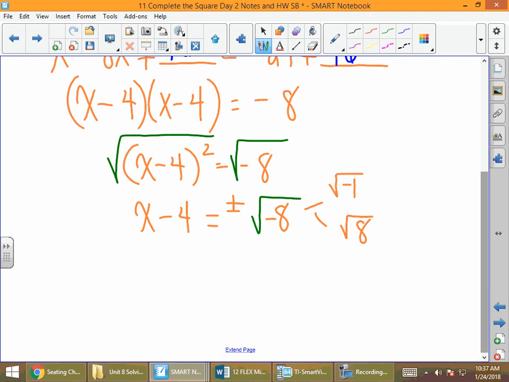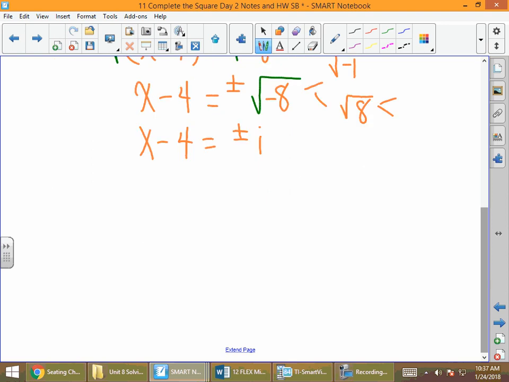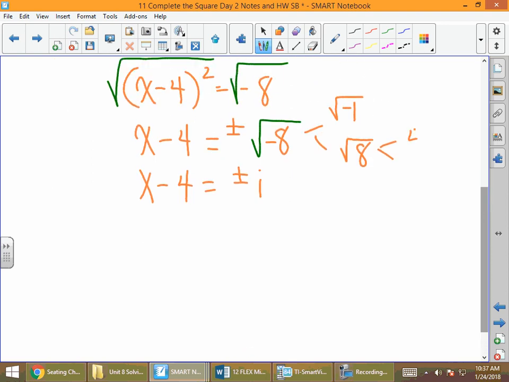So we get x minus 4 equals plus or minus something i. But not only do we have to simplify that, we need to simplify the 8. And 8 is 4 times 2. And 4 is 2 times 2. If you prefer it written like this, 2 times 2 times 2,